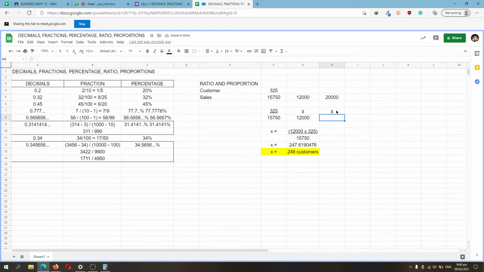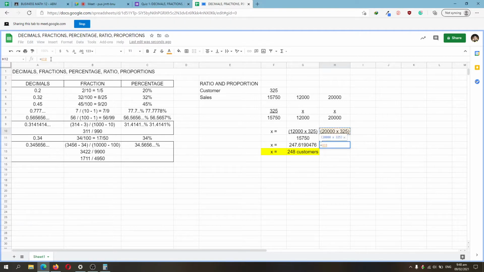Tapos, instead na 12,000, that is 20,000. So, yung solution natin dito, dapat papalitan natin 12,000 ng 20,000. So, 20,000 multiply by 325 divided by 15,750. So, that is equivalent to, solve natin,